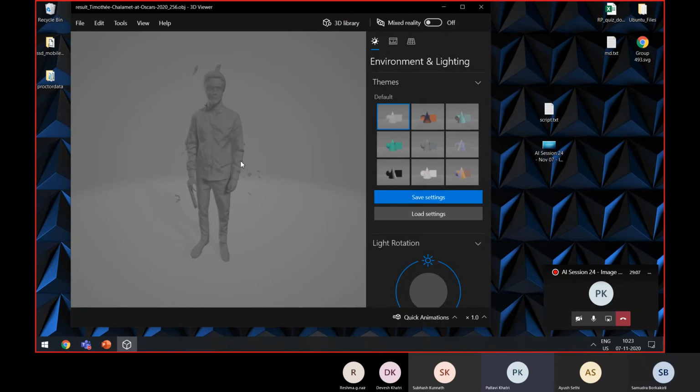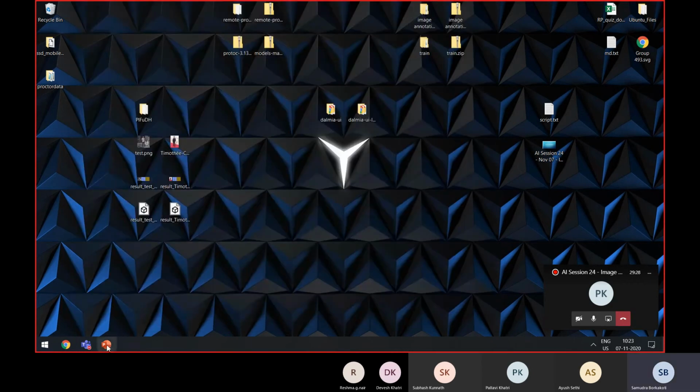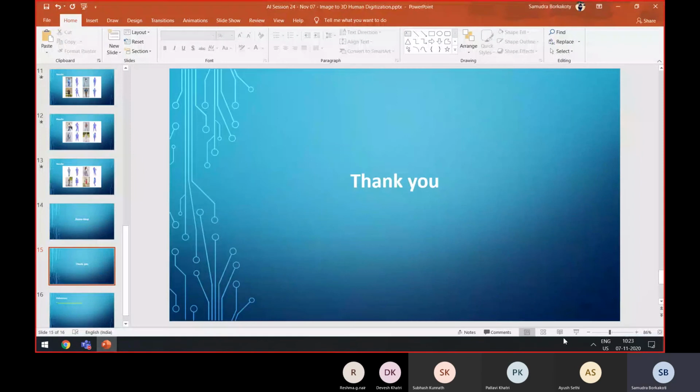It does blur by itself, but for more accuracy, people can blur the background. Yeah, I think that's it.